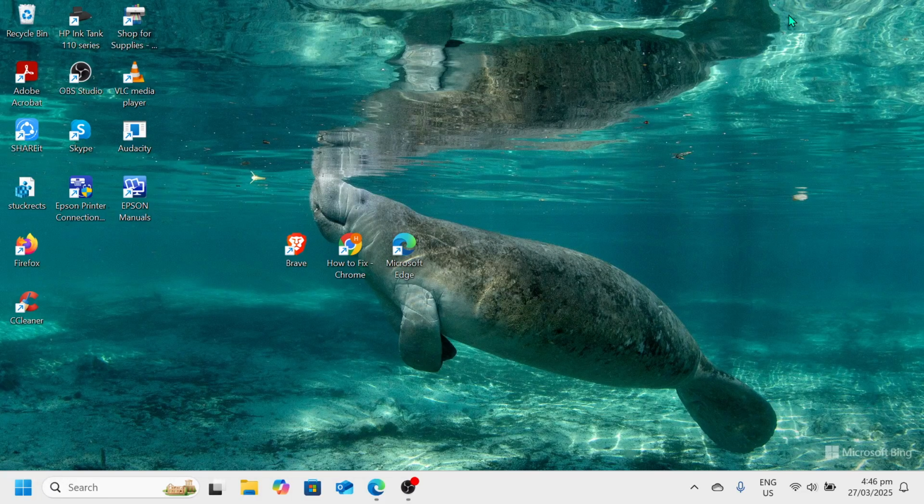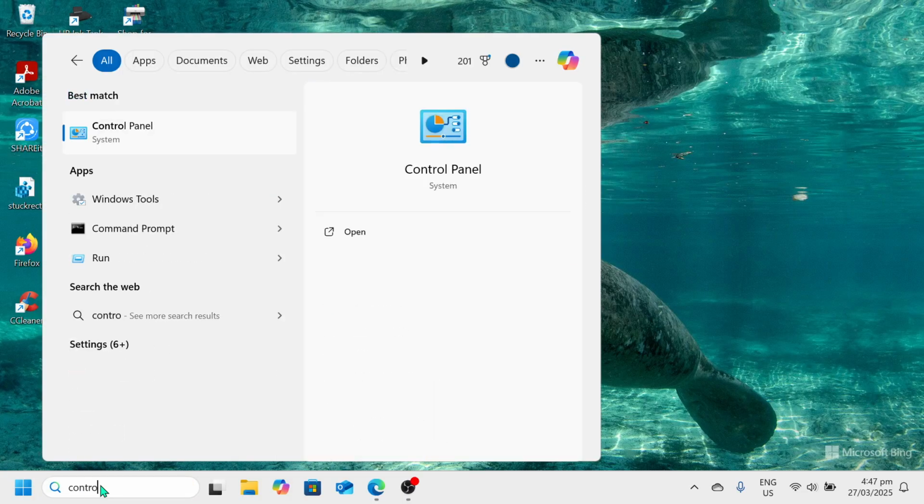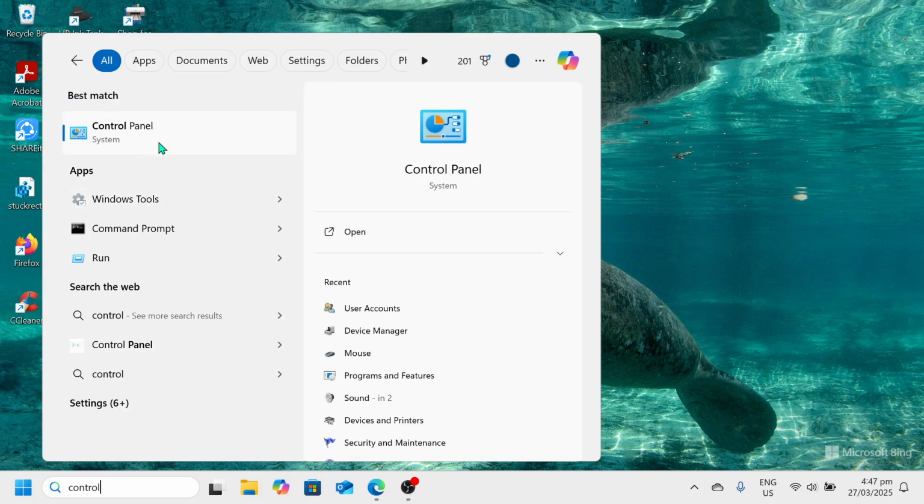And the first thing we need to do is to go to the control panel options, and we can do that by simply making a search here in the search bar, control panel. And once the control panel option is out under best match, then please do make a click on